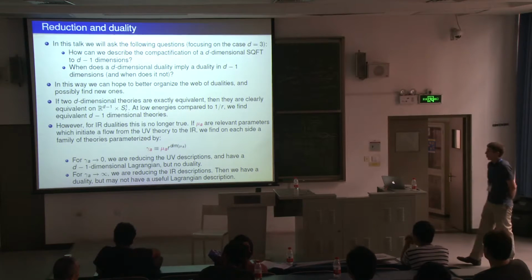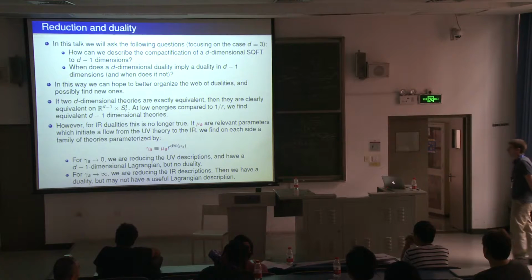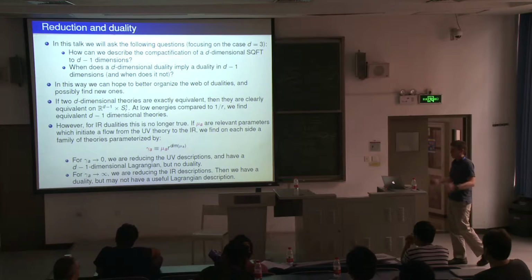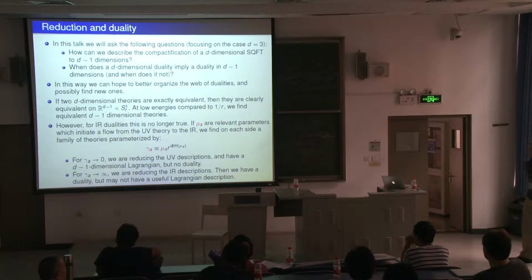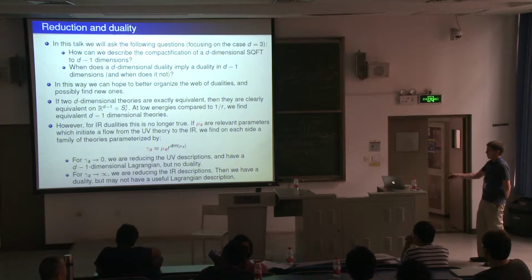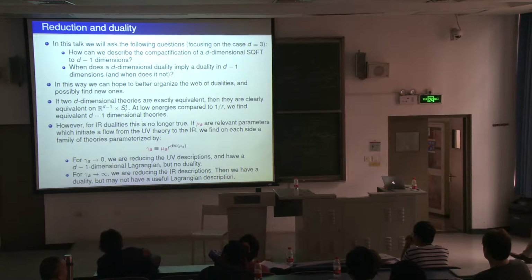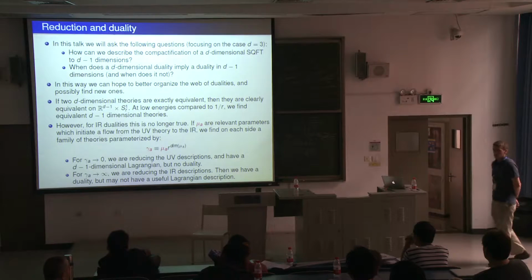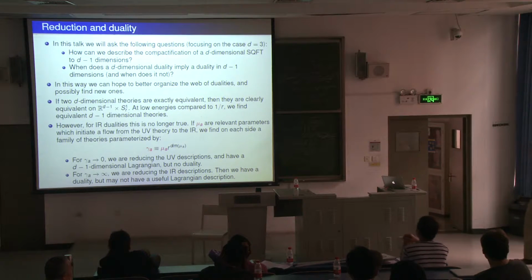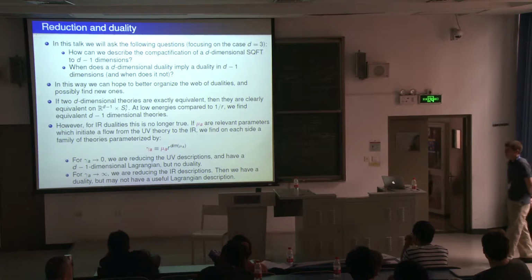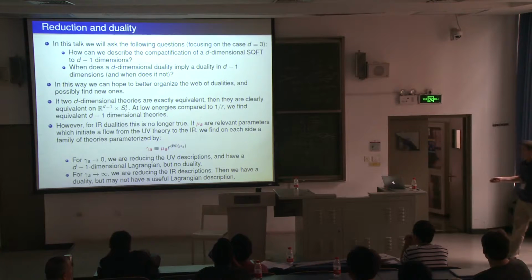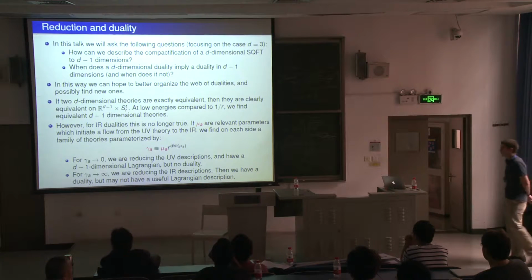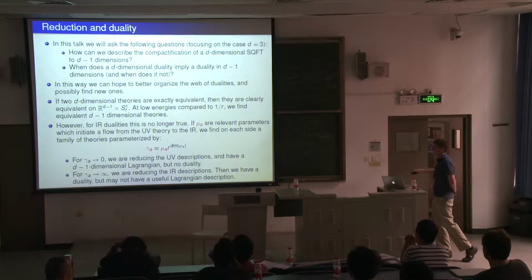And so we have a Lagrangian description available to us, just a naive dimensional reduction of the d-dimensional theory. But there's no reason to expect these d-1 dimensional theories to be equivalent. On the other hand, if we take the gammas to be very large, or equivalently take the radius of the circle to be very large, then we are basically reducing the IR descriptions, and these should be equivalent. However, these are now strongly coupled theories that we're reducing, and so there's no reason to expect that these will have some kind of useful Lagrangian description. So the goal will be to somehow reconcile this problem, how to make some progress given that these two limits seem to be incompatible.